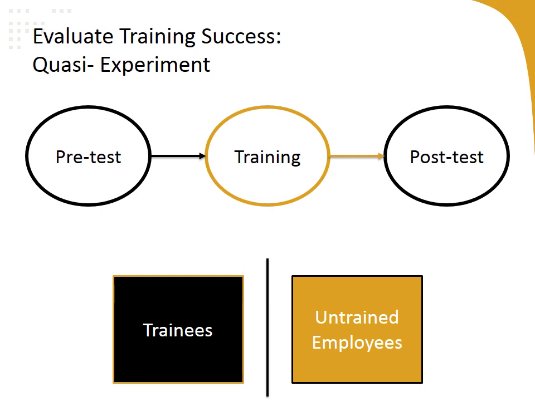Now, if you look at the second design, where you're comparing new trainees to untrained or current employees, trainees may be substantially different than the current employees, regardless of the training, right? So you don't really know why the differences were observed. So again, there's a lack of randomization, which pretty much results in a lack of control and confidence that what you observed is really due to what you manipulated, right? That the changes in performance are due to the training.